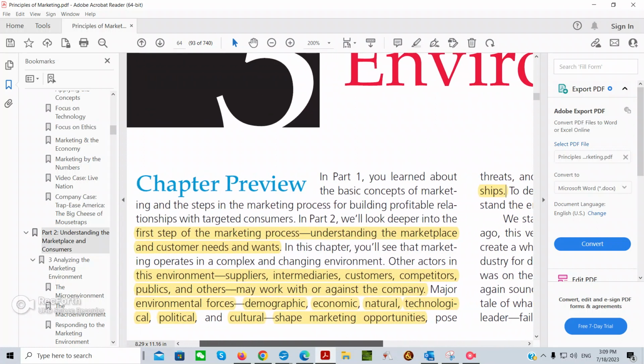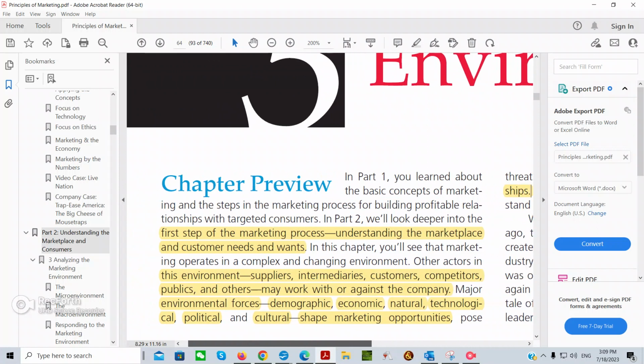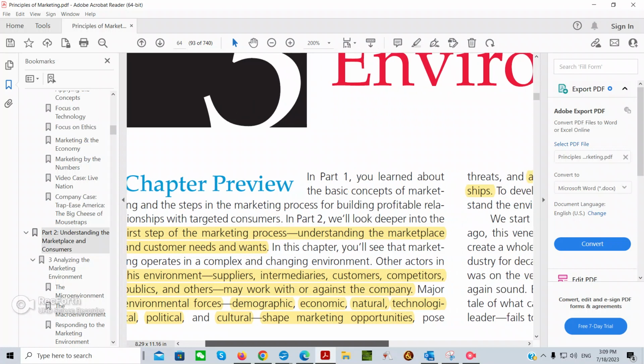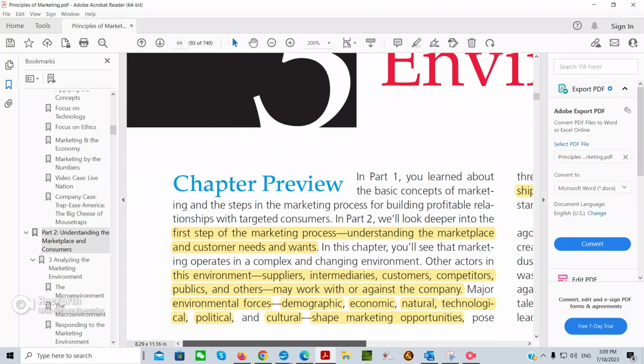So in that environment, you need to understand all aspects: the demographic, the economic, the natural, the technological, the political, the cultural. Right? So natural would be the geographic location. Economic would be how strong the flow of money is in the exchange of resources. Cultural would be what are the habits of the group or society of that country. And demographic, what are the types of people there?